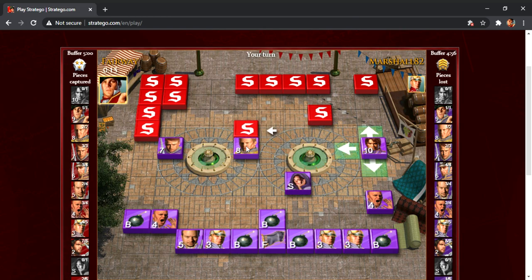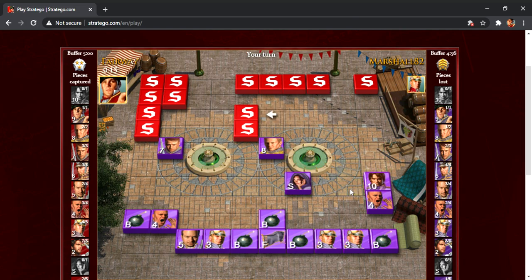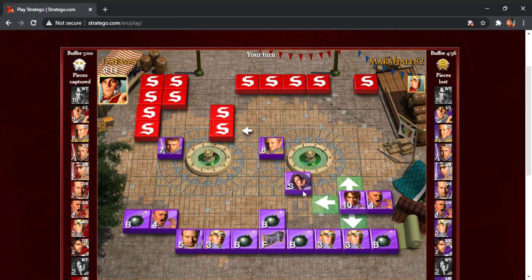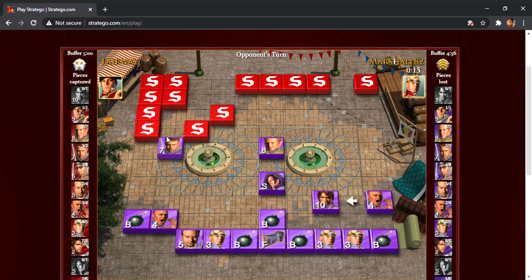I'm going to try to come around and maybe trap this with my marshal, so that way he can't really stop me. He does have a scout left, which is kind of annoying. So I'm going to need to put that spy probably more toward this side. He's probably going to try to...